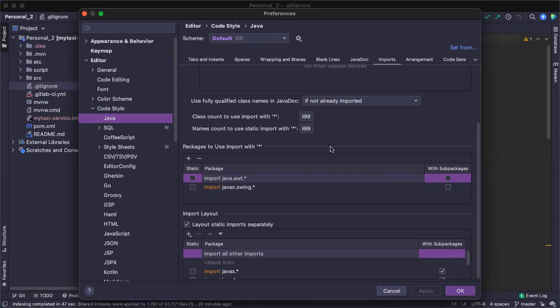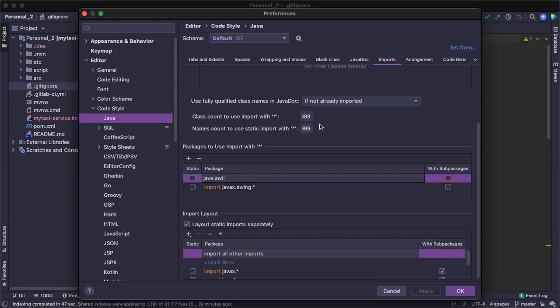To answer that question, in STS you will never see the star button in import packages, because STS will omit it and import the proper class files. But in IntelliJ, it will by default come with the star only.